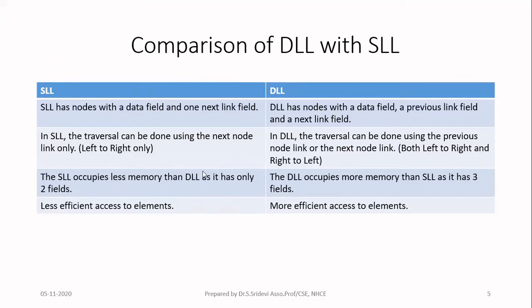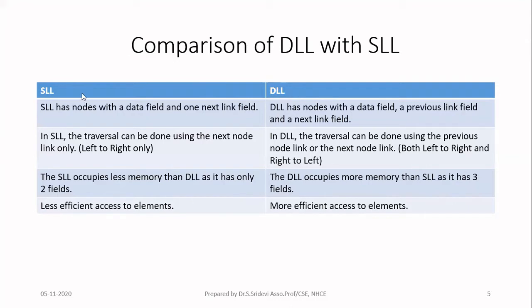Why? Because in case of single linked list, every node contains only two fields. One extra pointer is not here. So it is going to occupy obviously less memory when compared to doubly linked list. And doubly linked list is going to occupy more memory than single linked list because there are three fields present in this. And which is efficient when you consider the